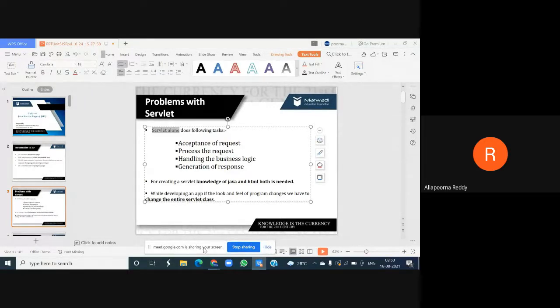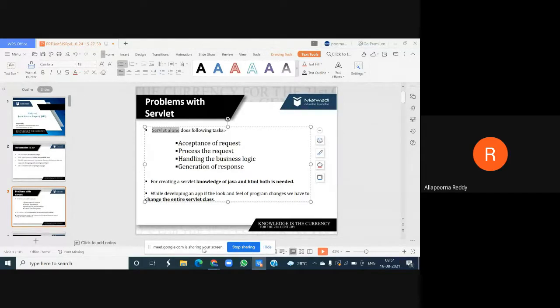So these three things I have just told you are drawbacks, directly or indirectly, and we have already seen them when doing our servlets. First, everything on the server side is handled by the servlet alone. Second, whenever you want to create any servlet, you compulsorily need basic Java programming knowledge, and knowledge of the markup language HTML.